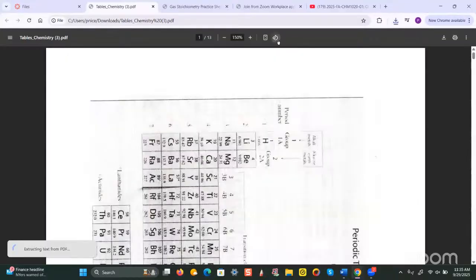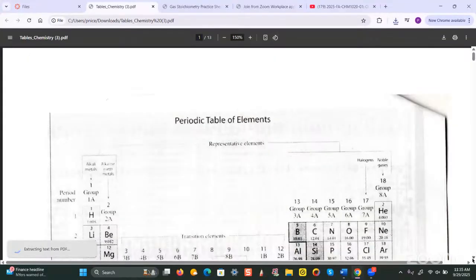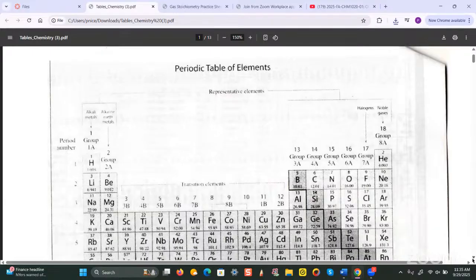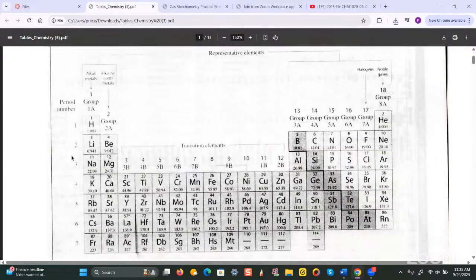Hold on. Okay, so if you look at this periodic table here, there are 2 numbering systems. The numbering system that we use to determine the group number for our purposes for these problems would be the 1A, the 2A, 3A, and in the case of carbon, that would be 4A. So 4 would be the group number that we'll be using, not 14. All right? So going back to the problem,